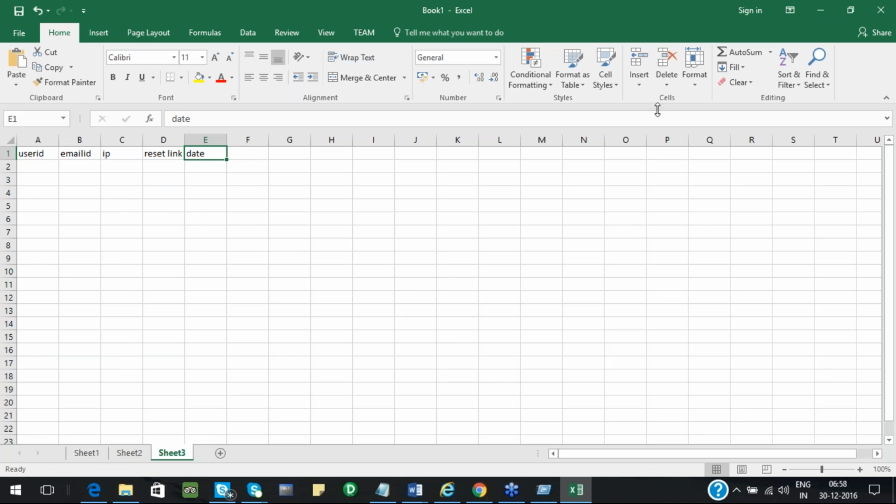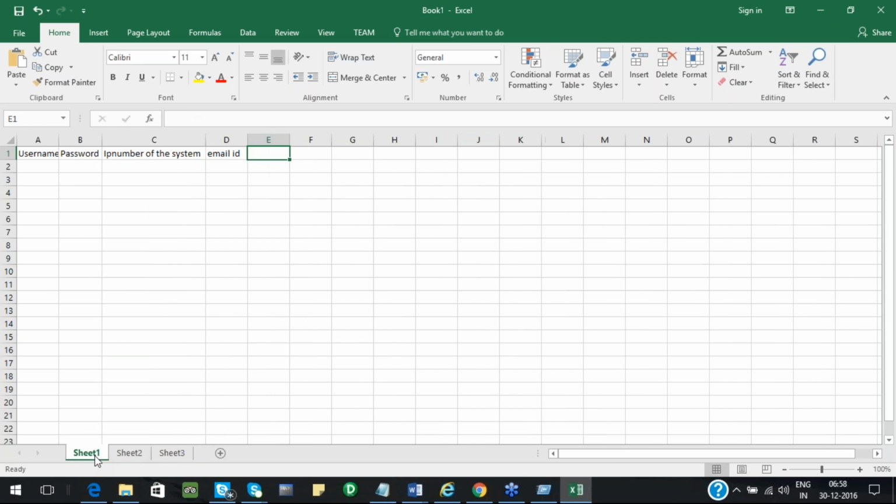Now tell me, is this complete data? Are you able to relate each of these sheets? The data in sheet 1, sheet 2, sheet 3, are you able to relate? Yes, you are able to relate using the user ID column, right?